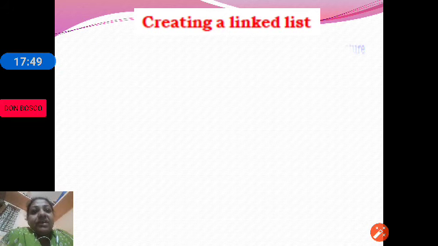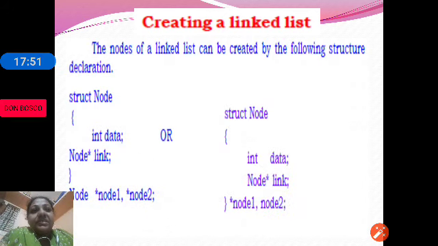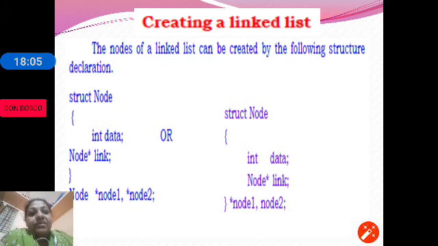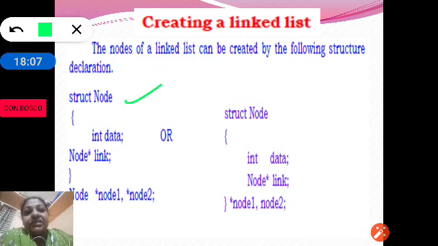So let us see how we can create a linked list. First, to create a linked list, we need to create a node. As you can see, a node has two parts, the data part and the link part. So we are using a structure and naming the structure as node, and we are storing two fields, data and the link.